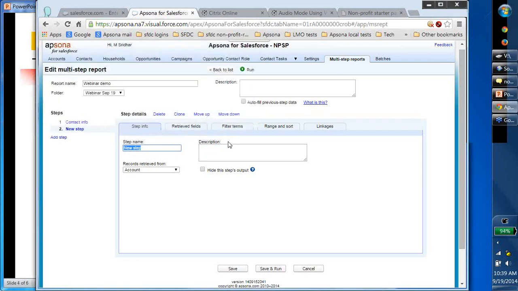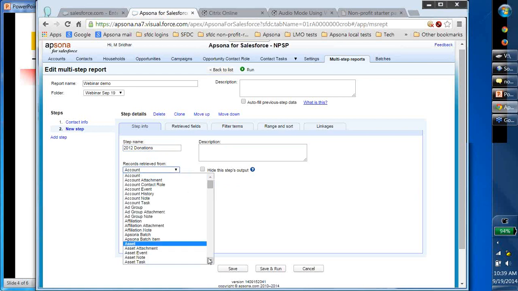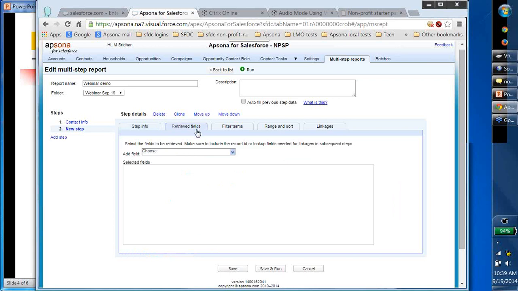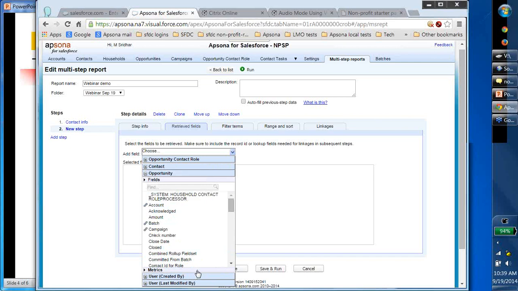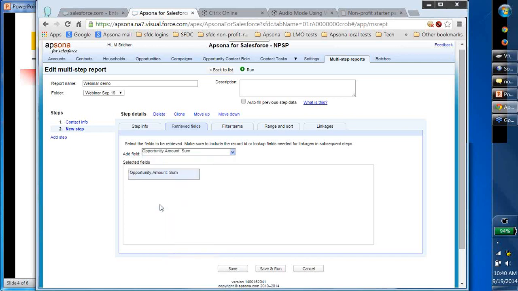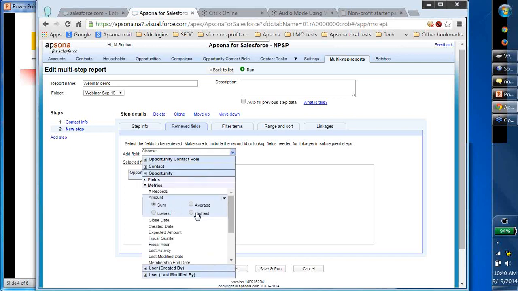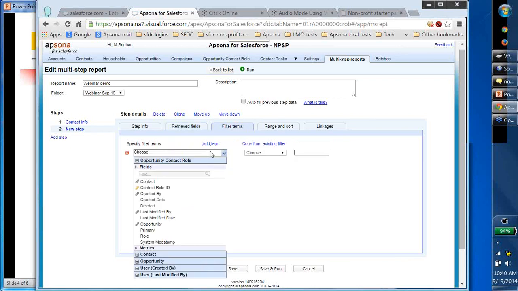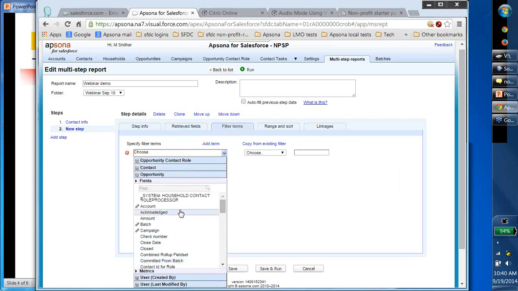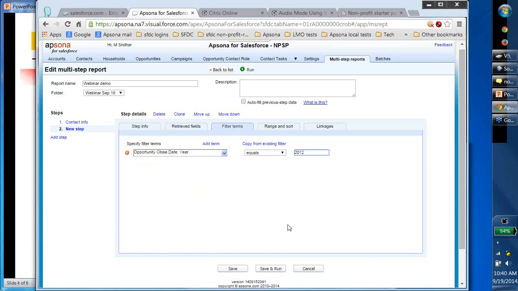So 2012 donations. I think I chose the wrong folder, is why I messed up. Anyway, let's go back to opportunity, contact role, go to retrieve fields, pull in the opportunity metrics, amount sum, and then metrics amount highest. And then in the filter terms, I want to add a term. In the opportunity close date, we want to say that it's year only equals 2012. If I save and run,